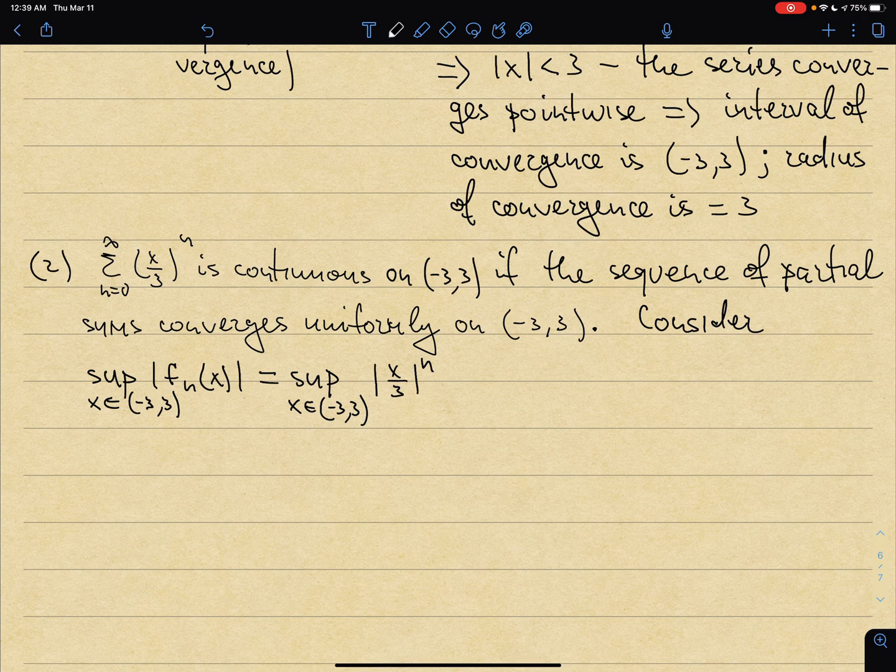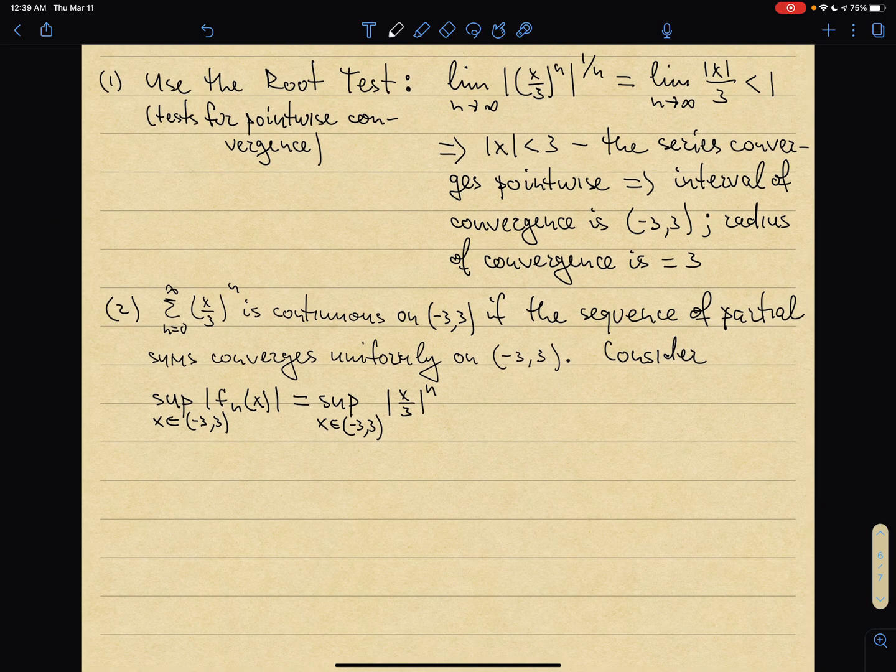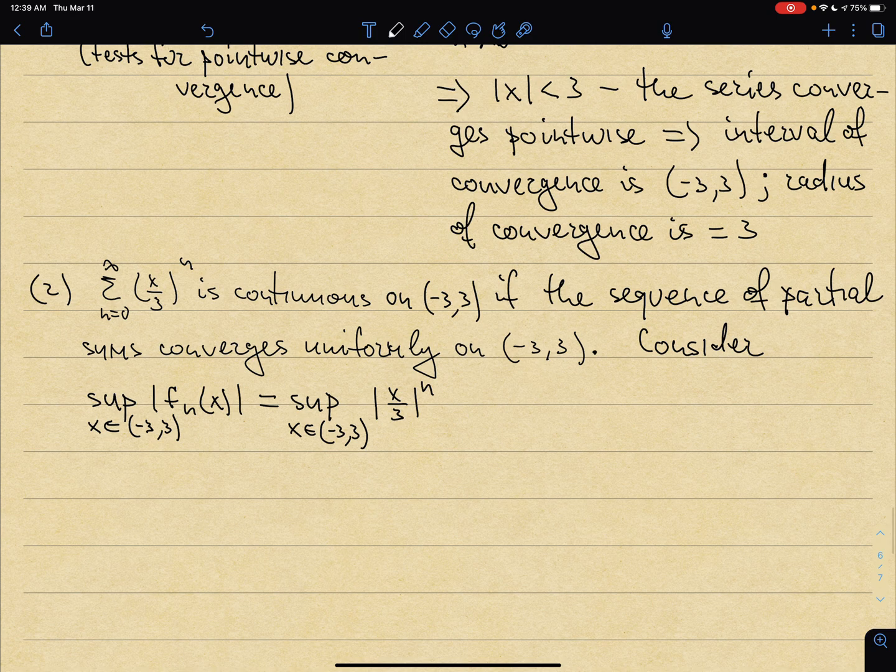So for a fixed n, my x can be as close to 3 as I wish, or to -3 for that matter, then this is equal to 3 over 3 to the n, which is 1. And as n goes to infinity, this does not go to 0,